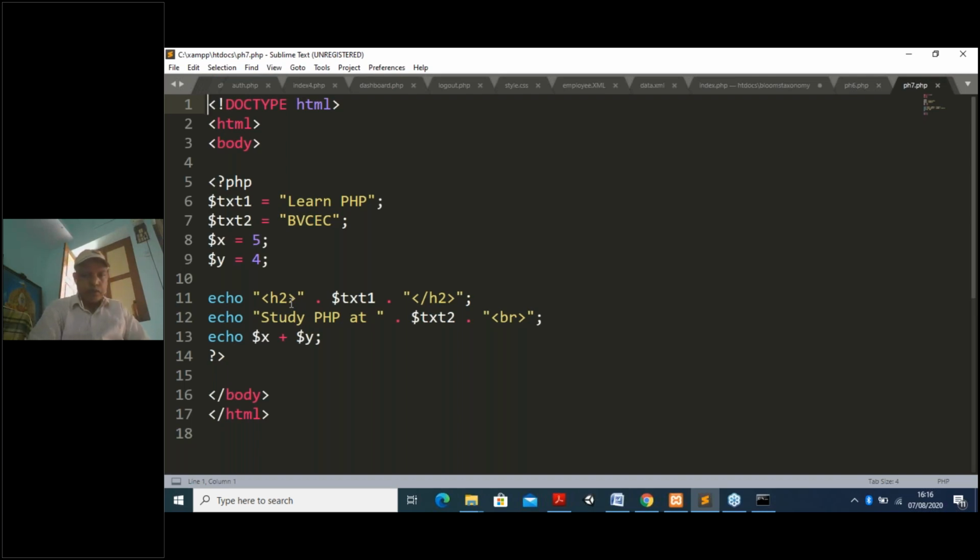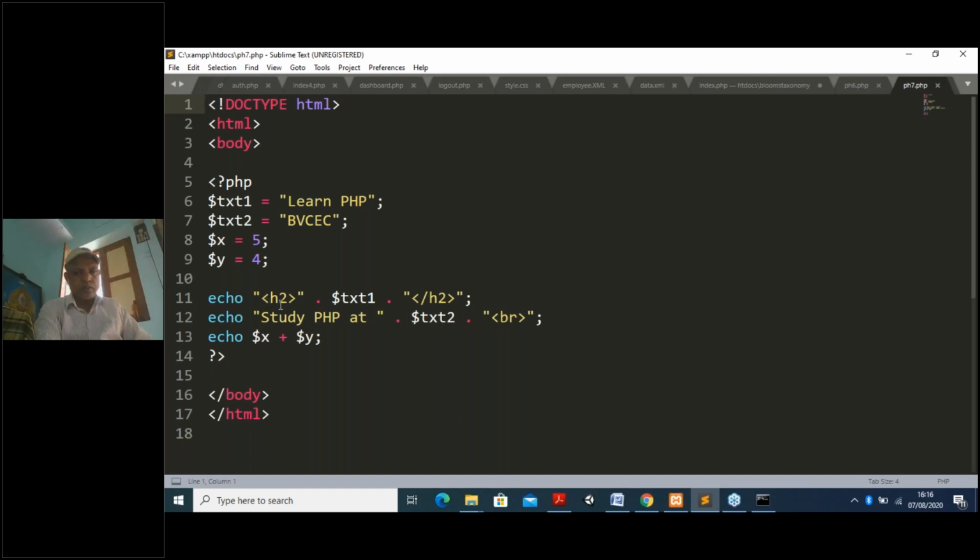So now, for calling the variable text1, I am putting dot dollar text1 dot. Then what are the other things inside? That means it will print echo dollar text1, but this is again inside the HTML file. So to go for this heading 2, that means some font and some bold size will be there, heading 1, heading 2, heading 6, you know. So I want it to be displayed with heading 2.